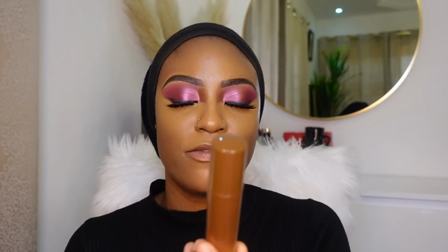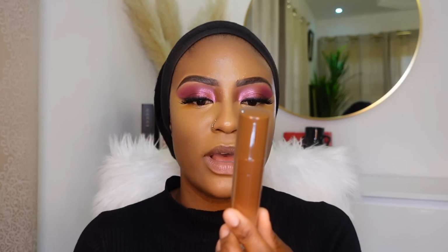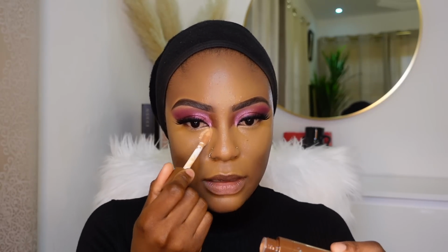I'm going in with my Zaron concealer. This is also new to me. This is the 5-in-1 facelift: conceal, highlighter, contour, hydrating filler. I'm gonna use that under my eyes. Okay, it's actually not so light. And just leave that to sit while I go ahead and